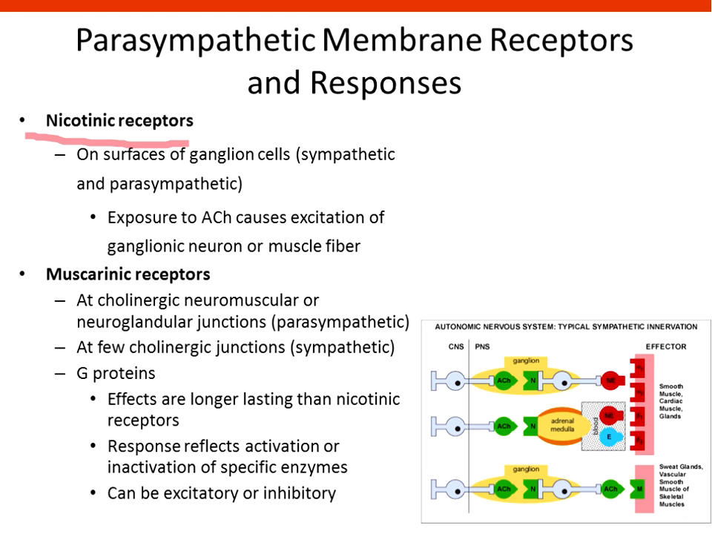Your nicotinic receptors, as this little diagram over here shows, are normally going to be your receptors between the preganglionic and the postganglionic fibers. And so basically the nicotinic receptors are found in both the sympathetic and the parasympathetic system. All right, and they are going to be on ganglionic cells, and the exposure to acetylcholine causes excitation. So the graded potentials are going to be EPSPs that bring the neuron from resting towards that threshold, that negative 60 millivolts, that generates an action potential